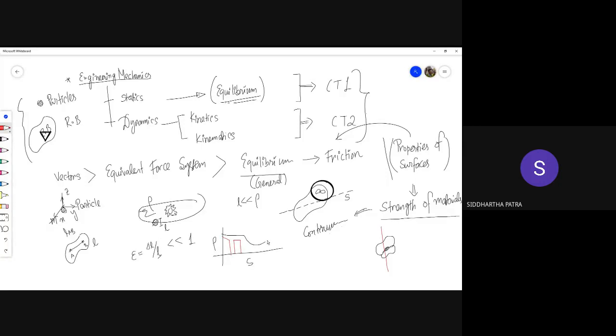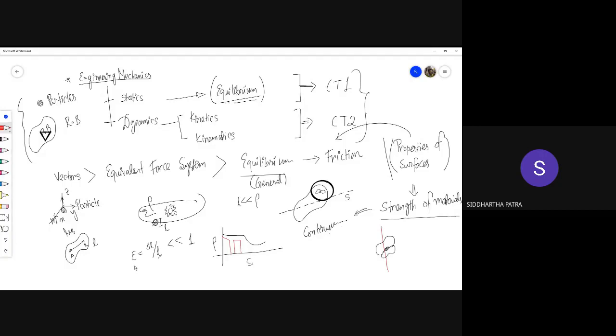So all I'm trying to say here is that we are at the very basic level of modeling. Even an advanced course would be dwelling in the domain of models, a very crude model at that. Even the continuum model can be regarded as a crude model, which works in the macroscopic scale. It works because, as I mentioned, the grains are of the order of microns. If your object has dimensions of several hundred millimeters, obviously you can work with the continuum model. And to be frank, even the strains that we are talking about,